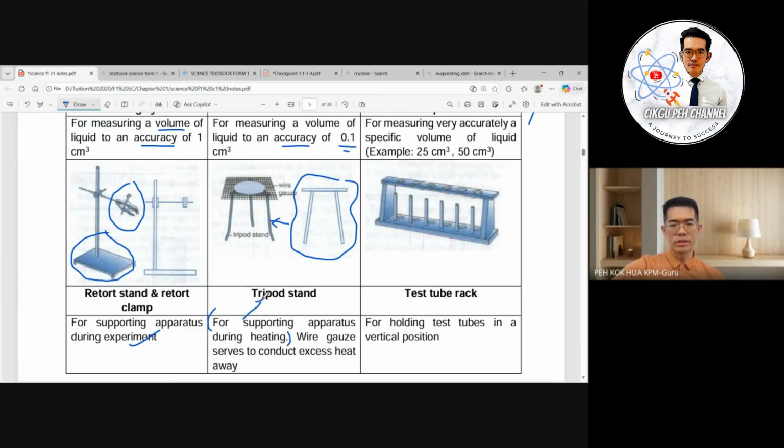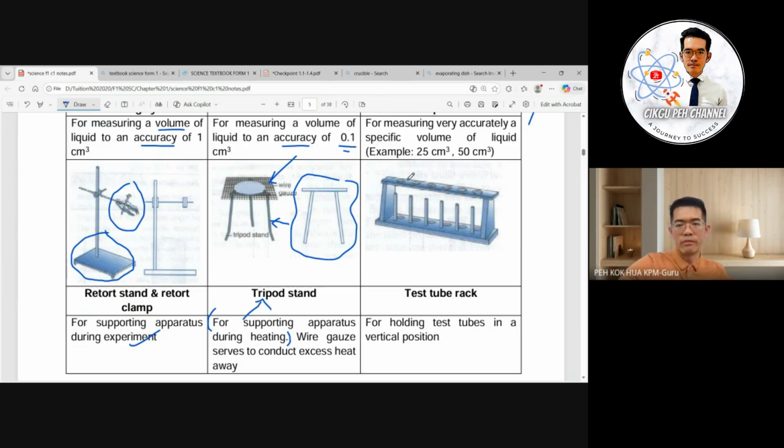Then wire gauze is actually metal. It serves to conduct excess heat away. 所以这个 wire gauze 的目的就是分散热能，它是金属来的。它会把热能散发出去，所以在烧东西的时候，它就会得到平均的热能。